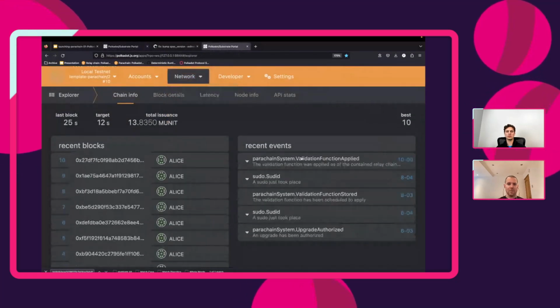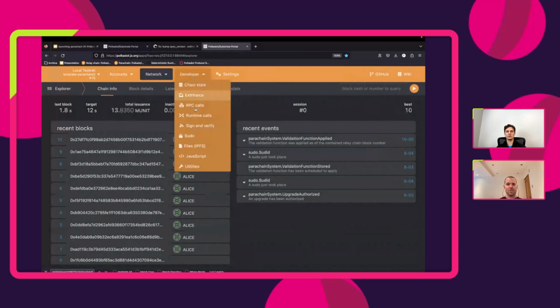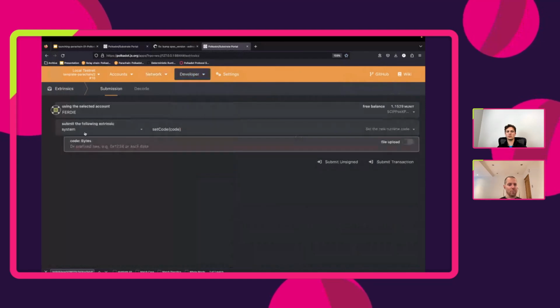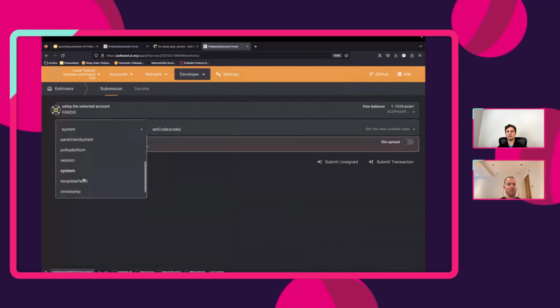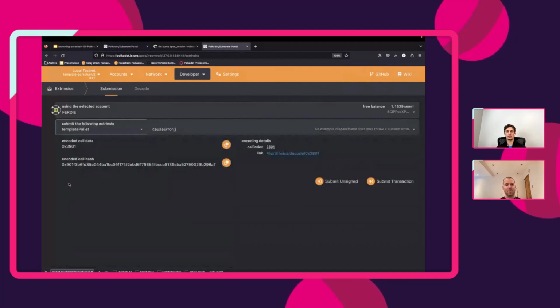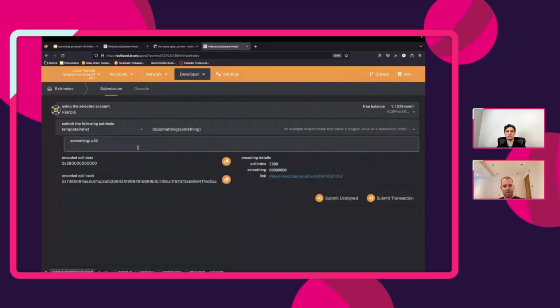But more importantly, if we zoom out here slightly, and go into the developer section, sudo, it doesn't work because sudo has actually been removed. If we then click into the extrinsics, you'll see there's no sudo pallet, because the default runtime for the Parachain template doesn't have sudo. But more importantly, the template pallet has appeared. And then just to conclude, we can quickly submit a quick